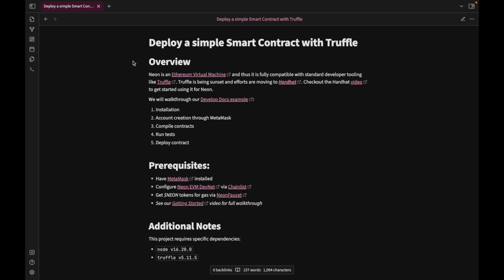It is important to note that Truffle is being sunset by the maintainers, and the future focus of the team will be on Hardhat. So if you were starting a new project, we would recommend you use Hardhat over Truffle, which we made a video for deploying with Hardhat, and I will include a link to that in the show notes below. Still, Truffle has been around for a long time and it has a lot of legacy code bases, so we want to demonstrate that Neon is compatible, and if developers want to reuse their Truffle projects on Neon, they will know how. In this video, we will walk through our example in the developer docs where we cover